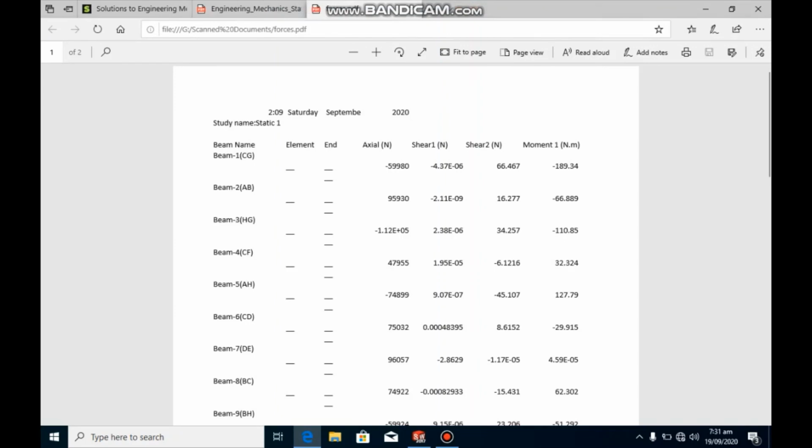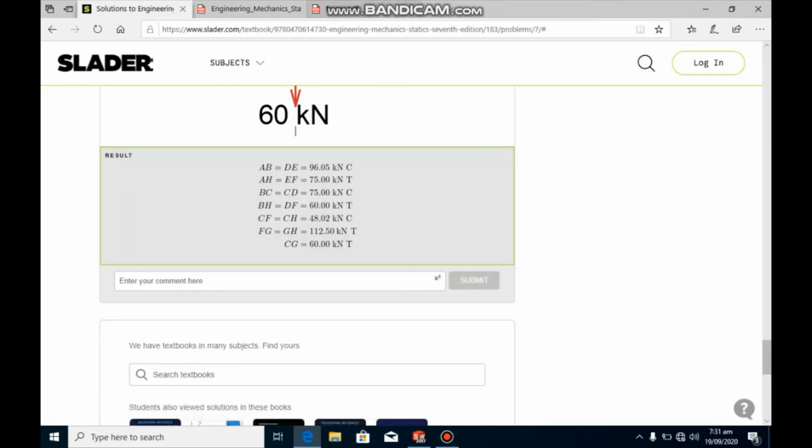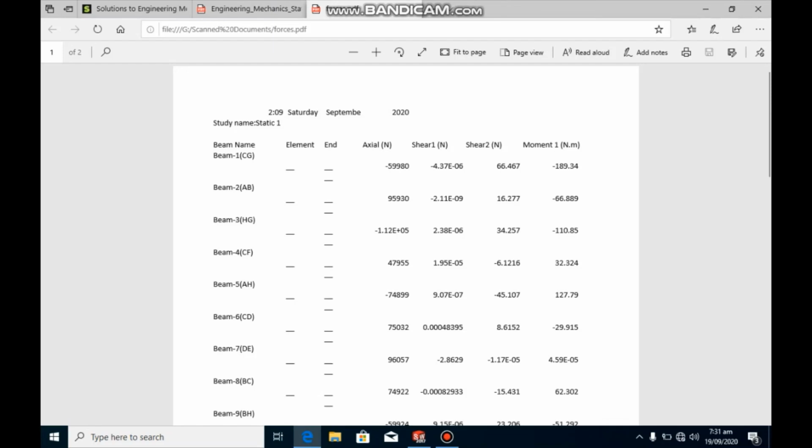These results show the forces in different members. We have to be concerned only with axial force. So the beam CG has 59 kilonewton force, and compare these results with your theoretical calculation. There might be a little bit of difference in theoretical and computational calculation. These are the results from theoretical calculations and these are the results from computational calculation. So compare these results and